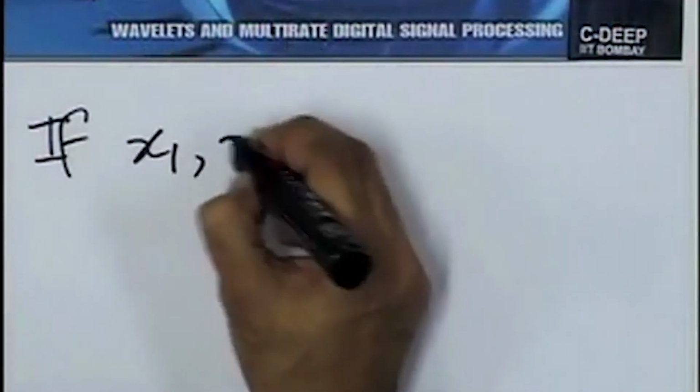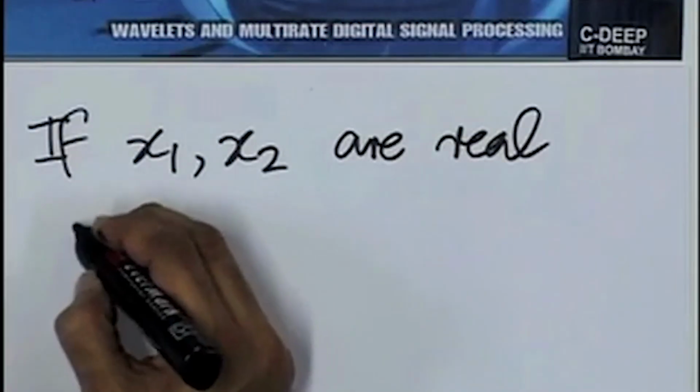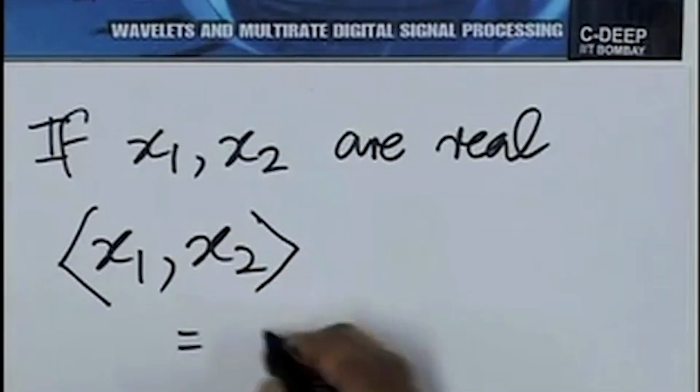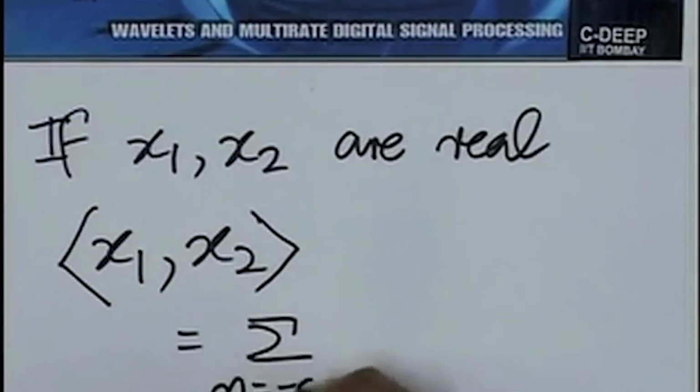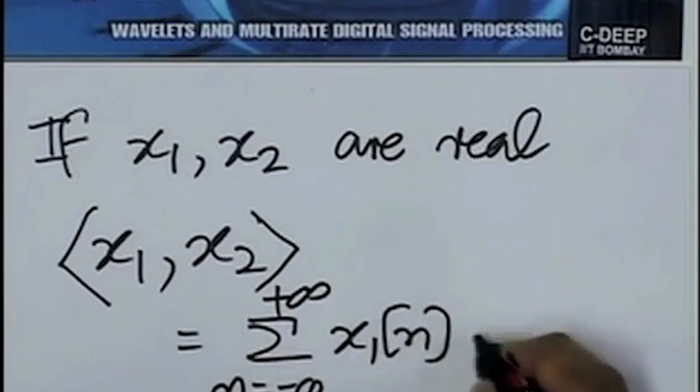Does our dot product satisfy this? Well, for real sequences it does. If x n is real, or rather if x 1, x 2 are real, and we take the following definition, the dot product of x 1 and x 2 is essentially summation on n going from minus to plus infinity, x 1 n, x 2 n,